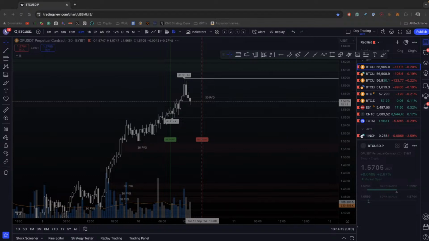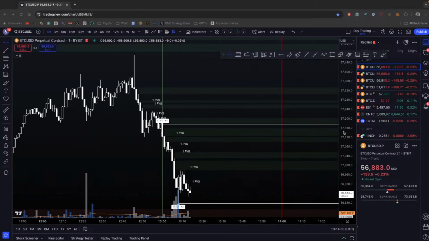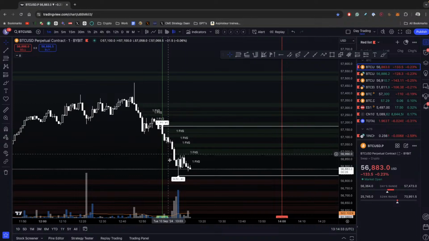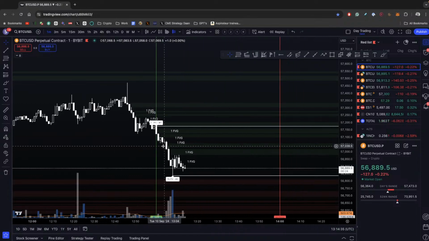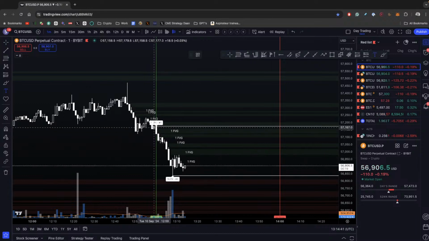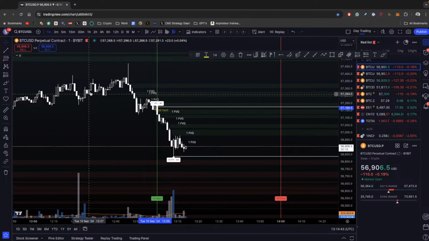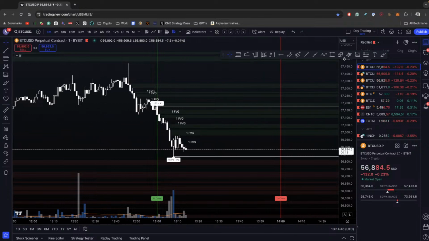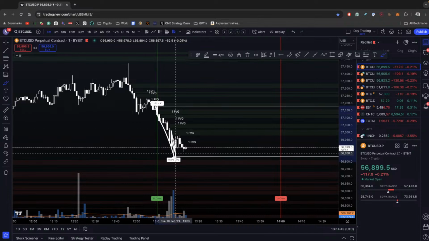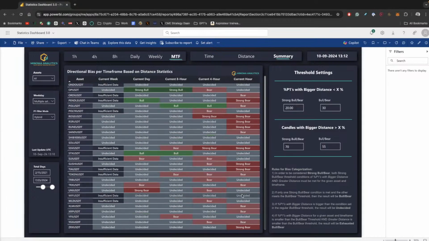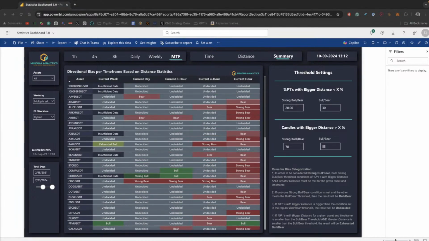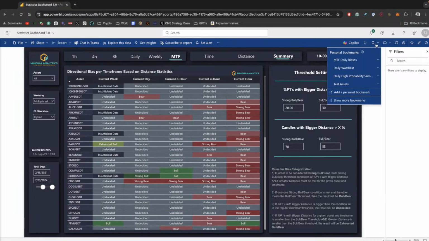Just loading that up. Yeah, so we do see now why that 1 hour is showing up as bearish, because we have, oops, that's the wrong one. That's the wrong one. Because we have this massive move on the 1 hour, right? And right now, basically what it's saying is that there's more room to go. Man, I use the same filter on the daily. I have it saved here in my bookmarks.